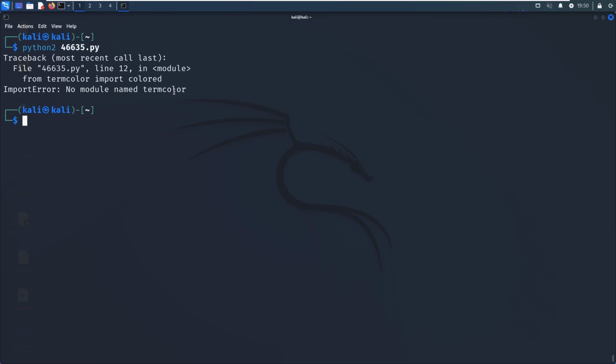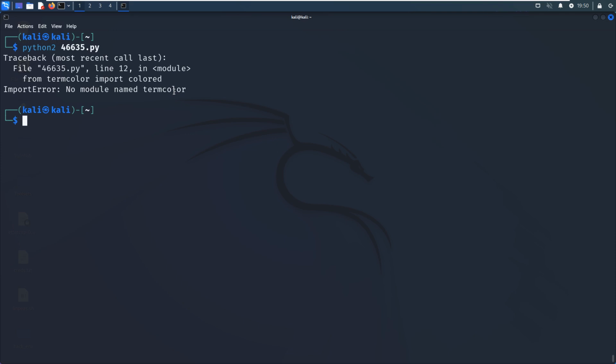If we were running Python3, installing the module would be very easy. We just run pip install followed by the module name, right? However, this just installs the module into the Python3 environment, which is not what we are expecting. So what do we do? Also, as you know, pip for Python2 is not supported anymore, so we cannot use a package manager to install it automatically or easily. We need to